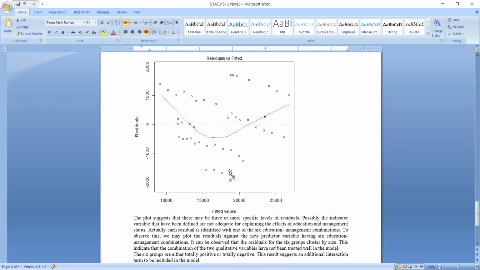So that will imply we have to go for interactions as well. So there we have to include the interaction terms into the model. We'll be talking about that later. Anyway, when you observe the residual plot, it will give you a hint whether you have to use interactions or some other dummy variables in order to